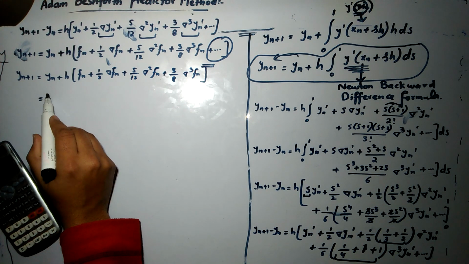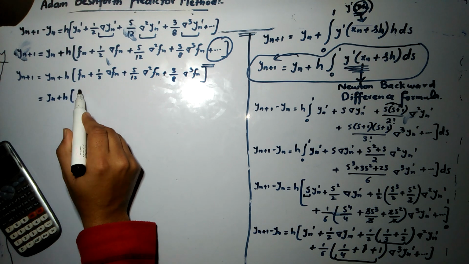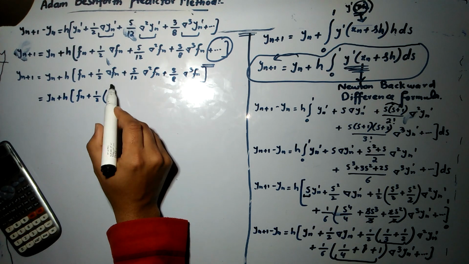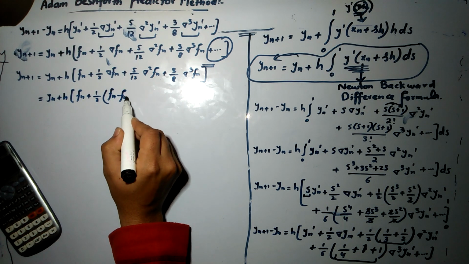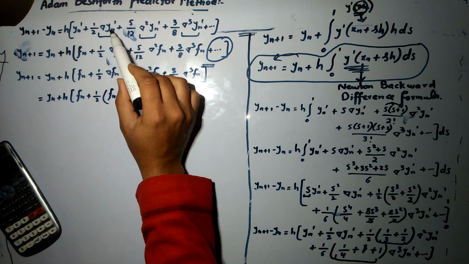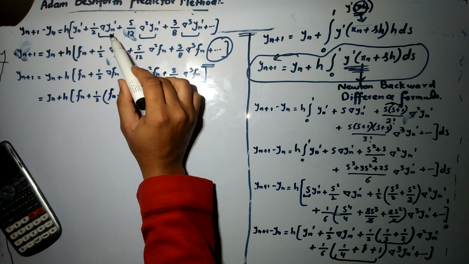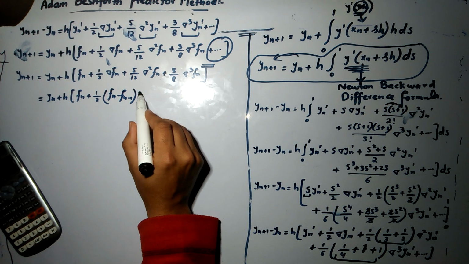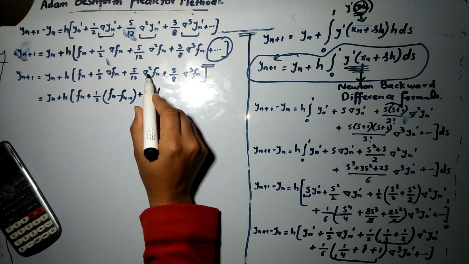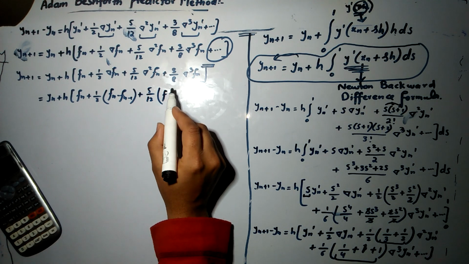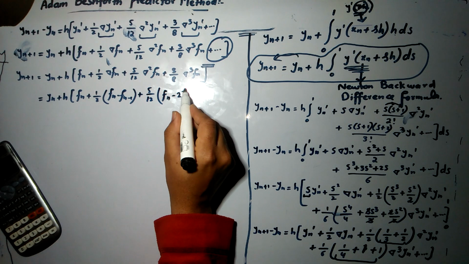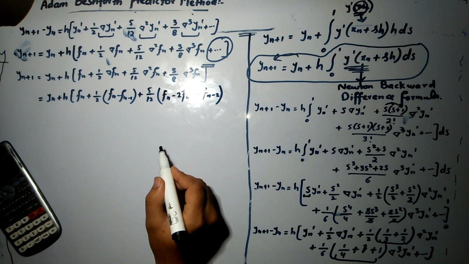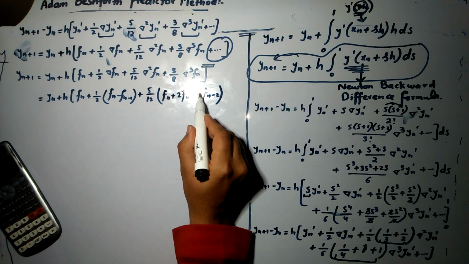So this will be equal to y_n plus h times (f_n plus 1 over 2, putting the value of this expression, f_n minus f_{n-1}. If we are writing in y form, this will be equal to y_n' minus y_{n-1}'. Sorry. So further this will be 5 over 12. So putting the value of delta square f_n, this will be equal to f_n minus 2 f_{n-1} plus f_{n-2}, sorry, plus